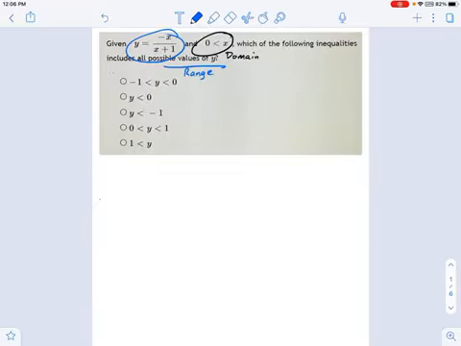So one method you could use is just graph the function y equals negative x over x plus 1. Now, if you don't remember how to graph rational functions, that's fine. I think there's an easier way. Let's try something else. What I want to do is just make a verbal list of the things that x